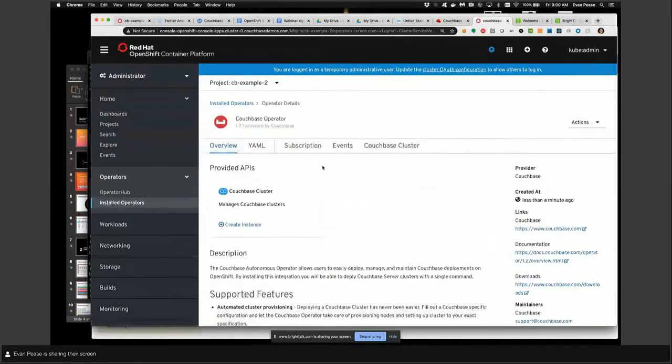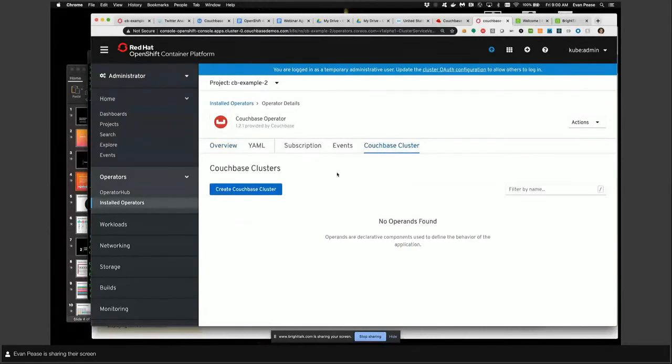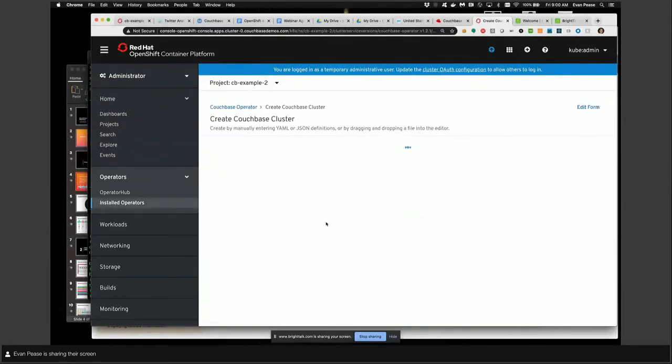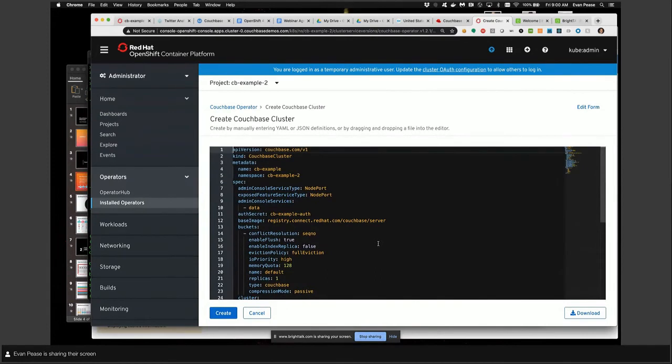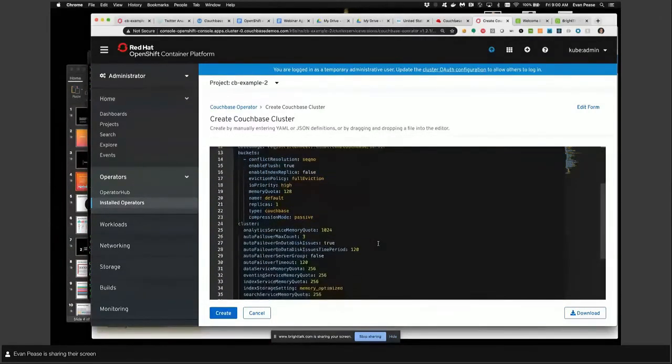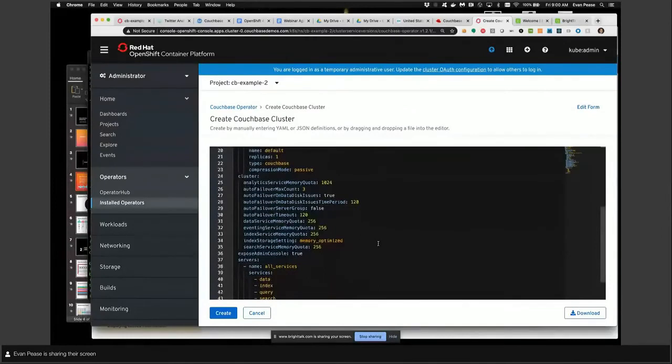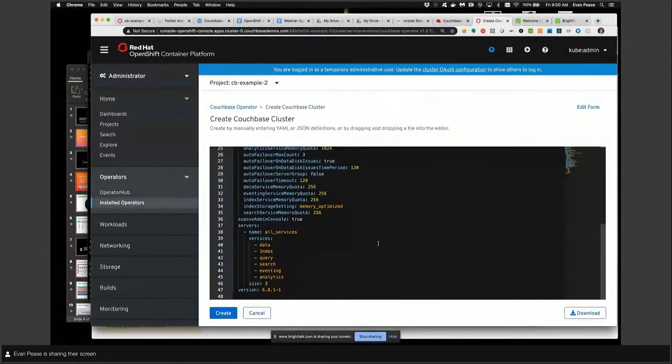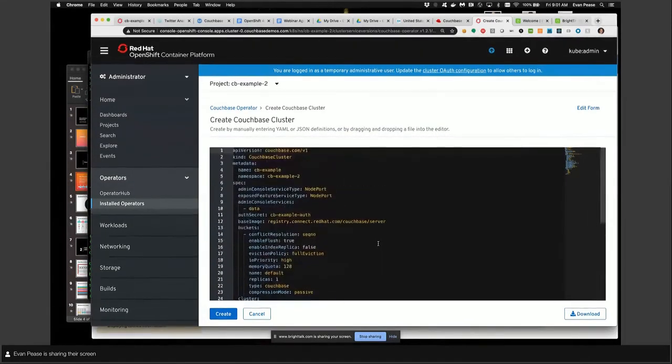Let's go ahead and click on the operator. We can click on Couchbase Cluster. We don't have one yet. Click Create Couchbase Cluster. Here it will pre-populate the YAML for us. So this is the CRD, custom resource definition for Couchbase clusters. So what we do with the CRD, this is YAML configuration you're looking at, is try to encapsulate all of the typical operational knobs and dials that you would want to turn when you're configuring and designing a topology of your Couchbase cluster. So this is a very simple bare bones example that it's packaged with. I'll show you some more advanced examples at the end, but this is a very basic one to just quickly get a 3-node cluster up and running.